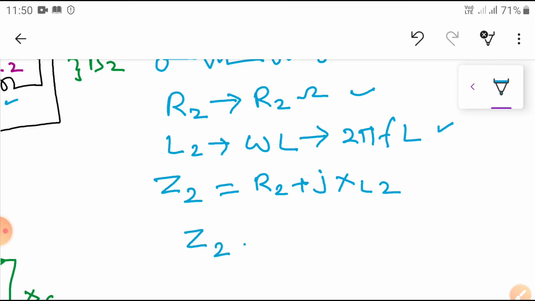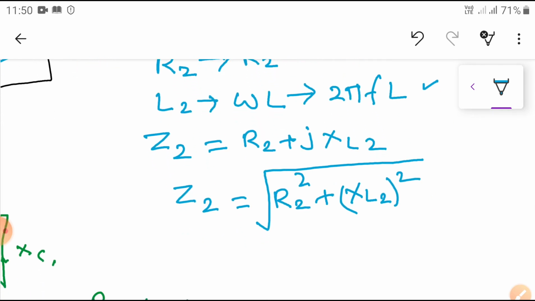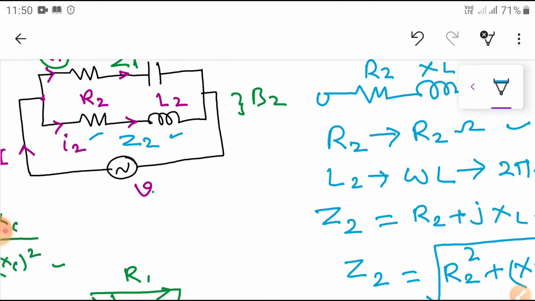Z2 I can write it. So Z2 is equal to the square root of R2 whole square plus XL2 whole square. Okay, this is the ohmic value. If you know the ohmic value, so I know this Z2 value, I know the voltage across this branch, then